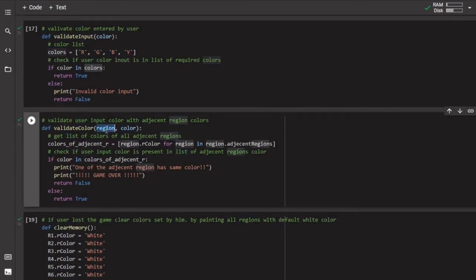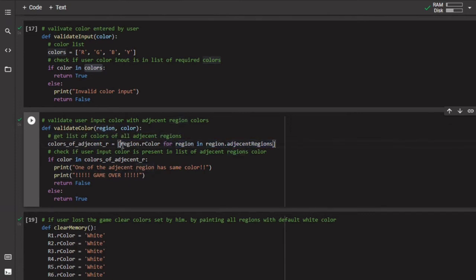So here is the validate color method, which takes two inputs, region and color. Here we need to check that two adjacent regions do not have the same color. For that, first we get a list of colors of all adjacent regions.